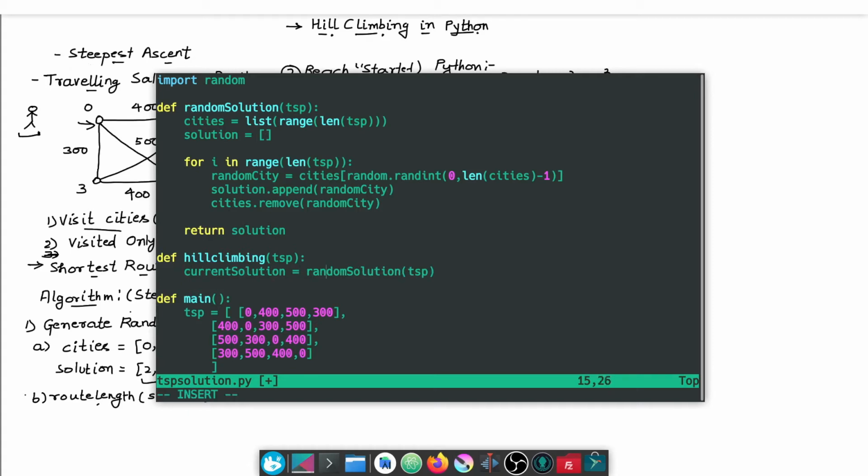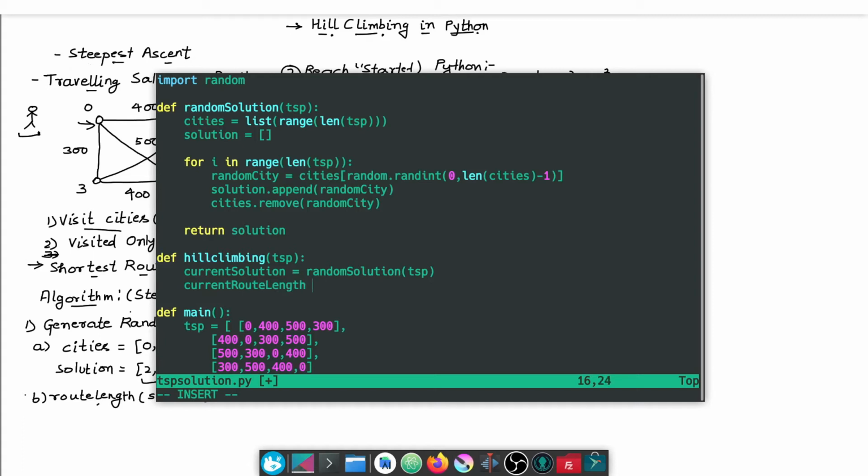So at this place we will have to find out the route length of this random city. So I'm going to assign it as current route length,